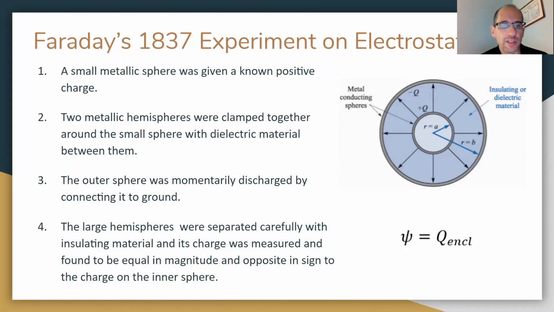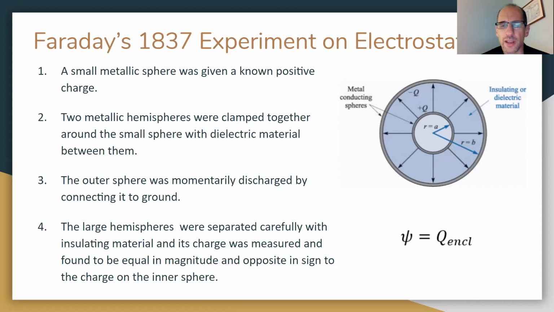The outer sphere was momentarily discharged by connecting it to ground, and the large hemispheres were then separated carefully with insulating material so that it wouldn't disturb the charge induced on it, and measured, and it was found to be equal in magnitude and opposite in sign to the charge on the inner sphere. This was a big deal,